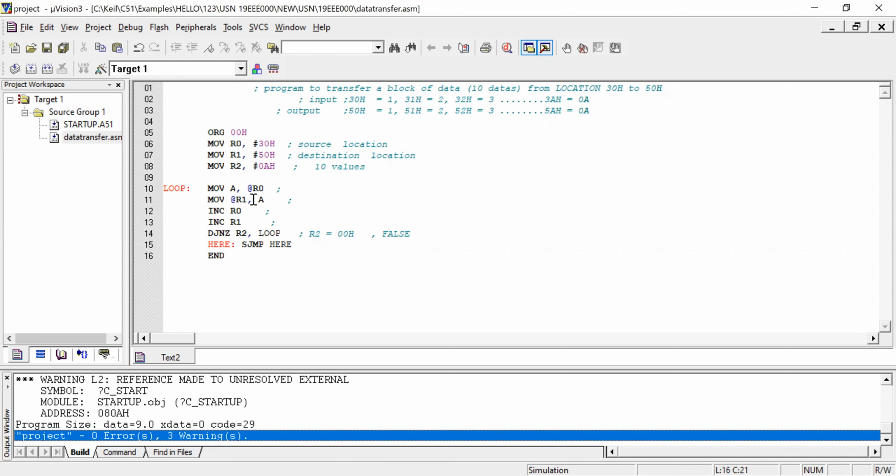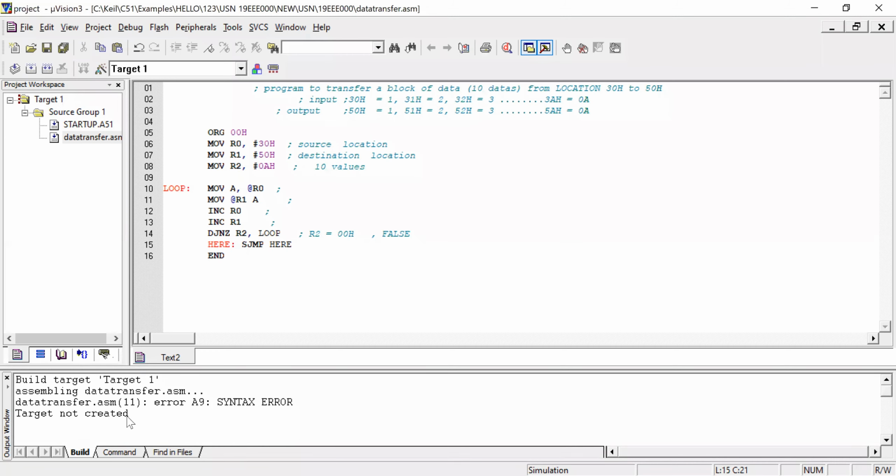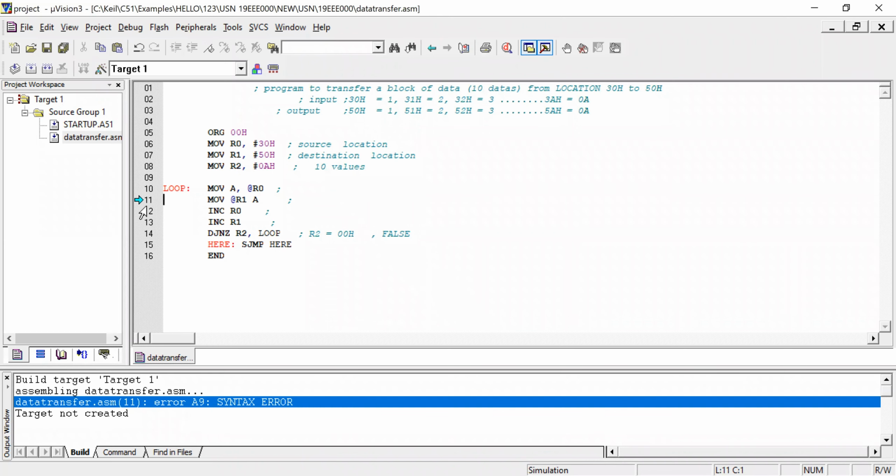For example, if I introduce a syntax error in my program, if I remove a comma here, which is a syntax error, and build or compile this program, it will show an error. See, the target is not created because there is an error. Where is this error? In the 11th row it's showing an error. So you have to check this instruction.